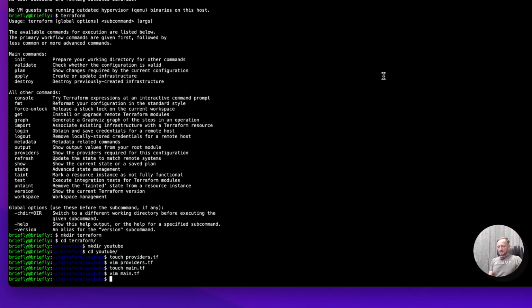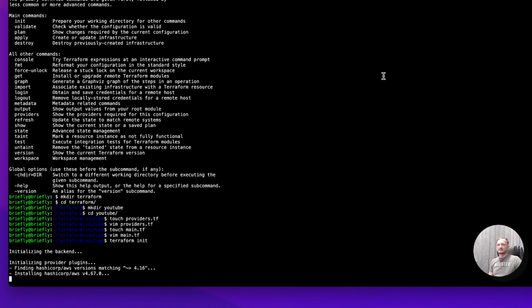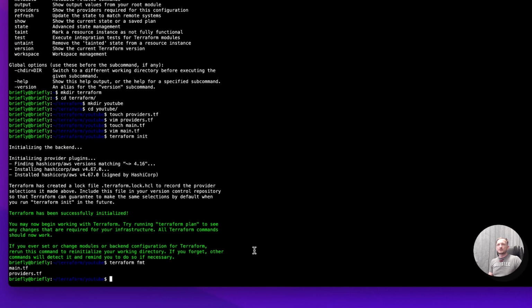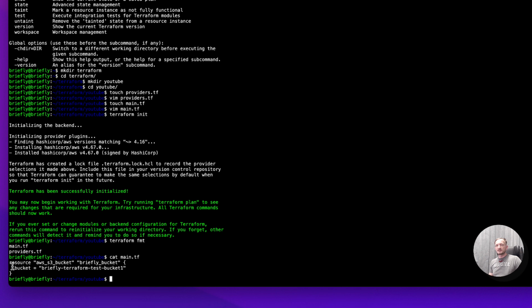So let's save it. One of the things that we will need to do is the terraform init command. It will initialize, as you can see here, finding the version from this provider.tf which we created. It's installing the HashiCorp AWS provider module and making some basic setting up. For the sake of good code, let's do terraform fmt. It's a formatting function. If you see cat main.tf, it does the 2 indents from the stub